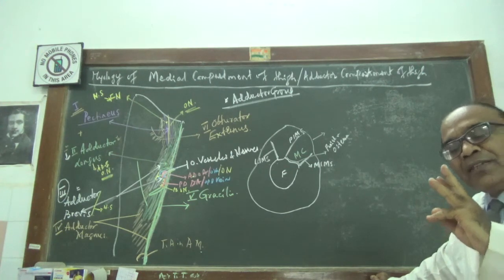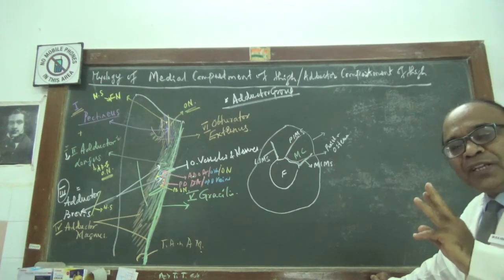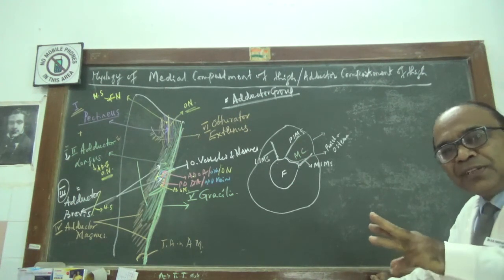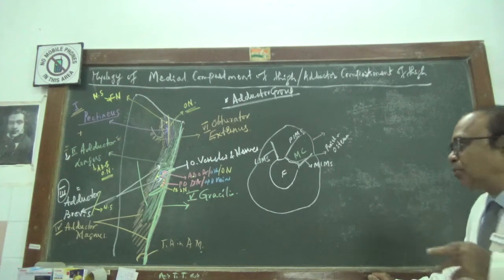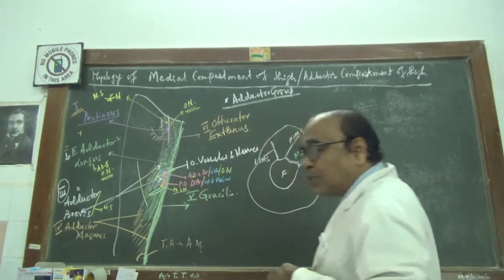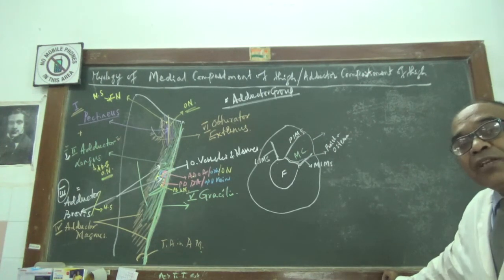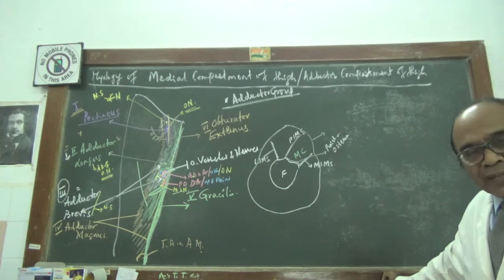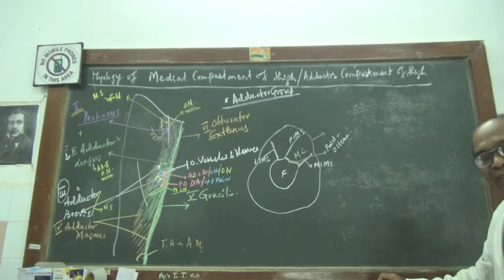Especially the muscles which take origin from the external surface, the femoral surface, of the ramus of the pubis and the adjoining inferior ramus of the pubis to the ramus of the ischium, those fibers will be supplied by the posterior division of the obturator nerve. Whereas the ischial tuberosity fibers and the sacral tuberous fibers, which take origin from the external surface of the ramus of the ischium very close to the ischial tuberosity,